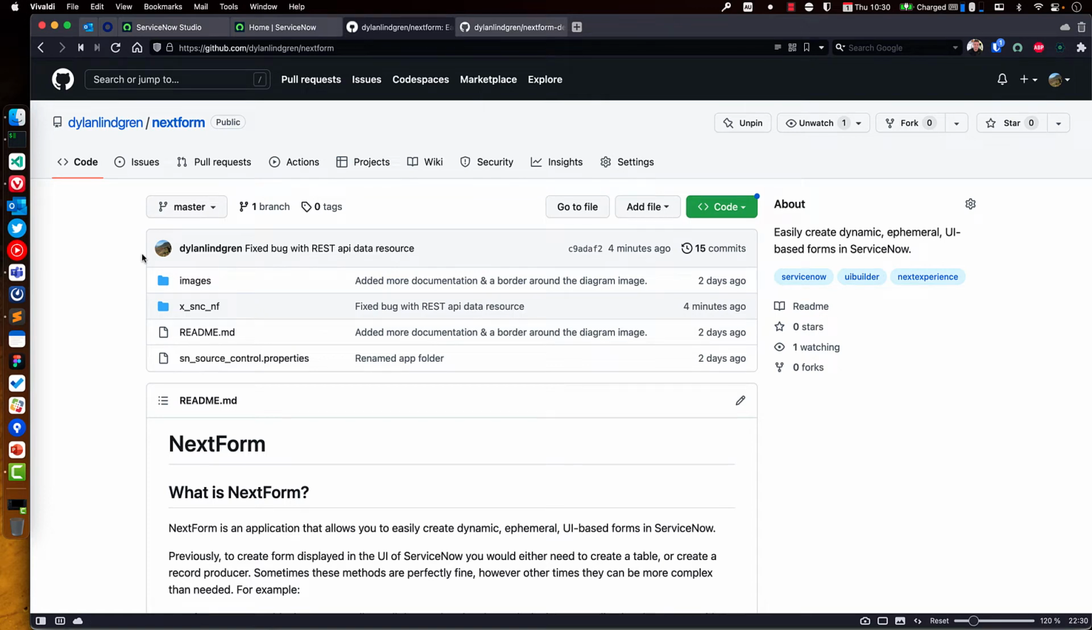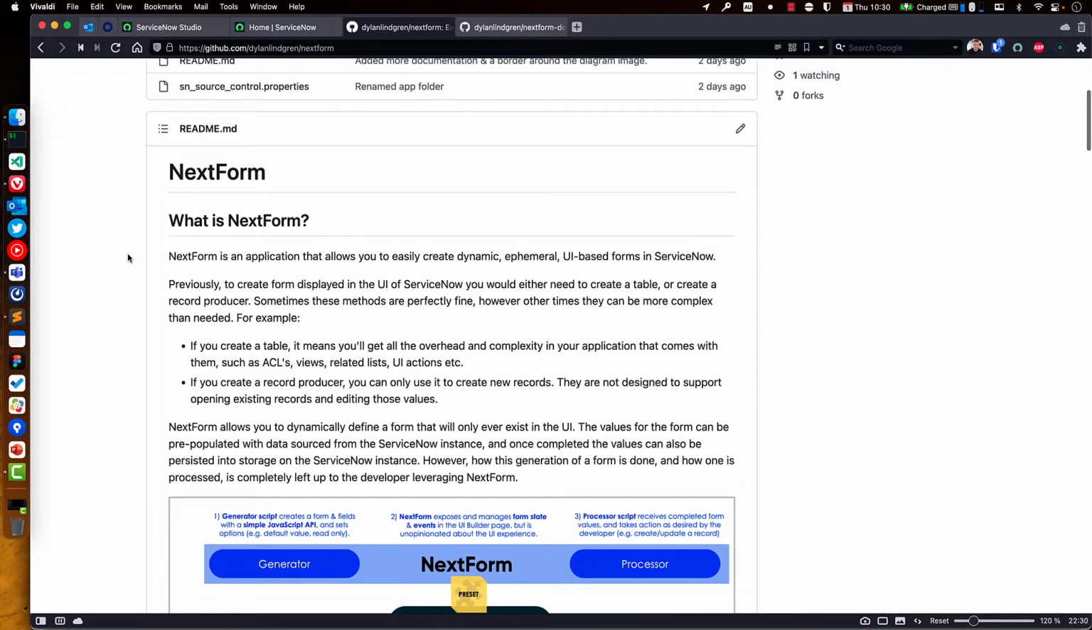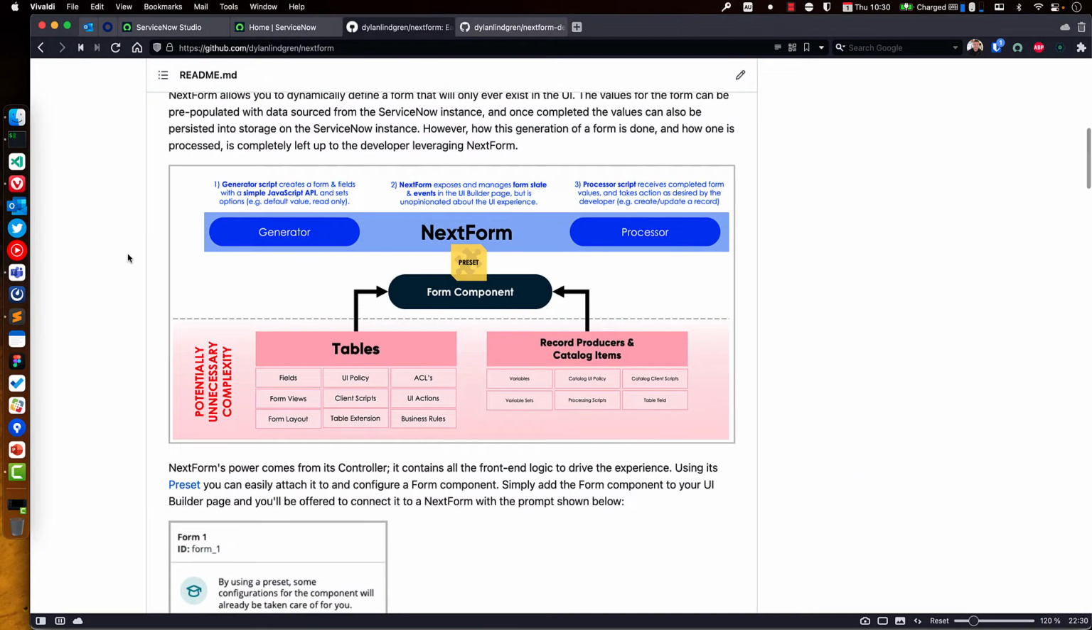So in this video today, I'm going to introduce you to NextForm. NextForm is an application that I built which allows you to easily create dynamic UI forms for use in Next Experience. It's well worth checking out the documentation on GitHub, which is quite thorough, and it goes through and explains